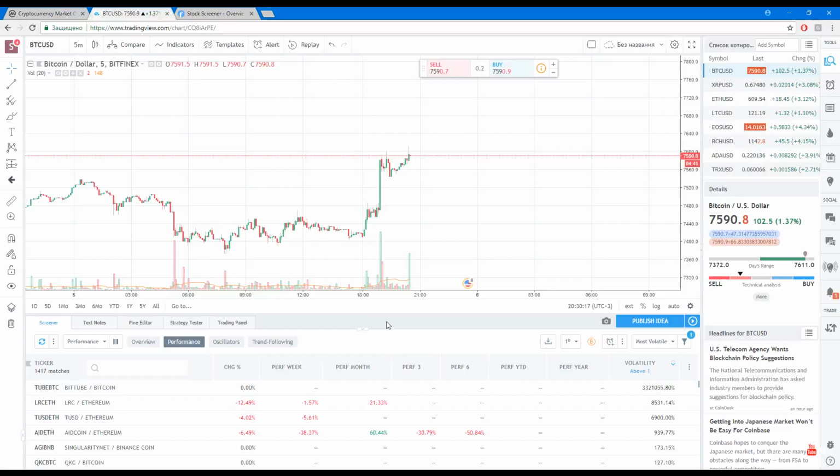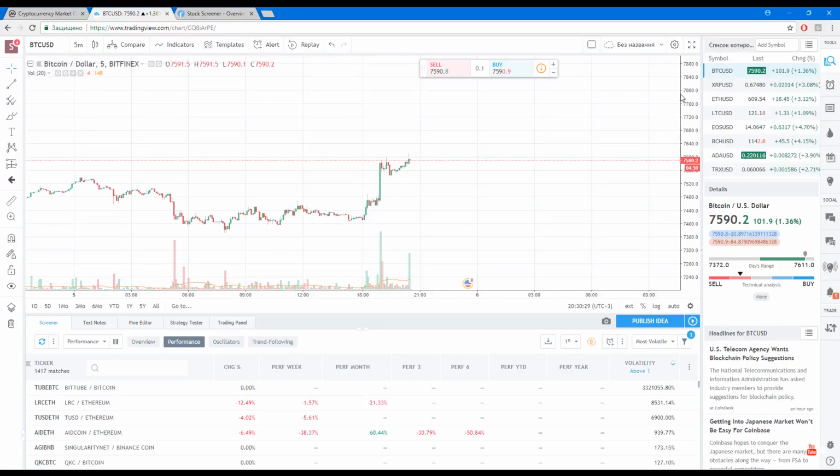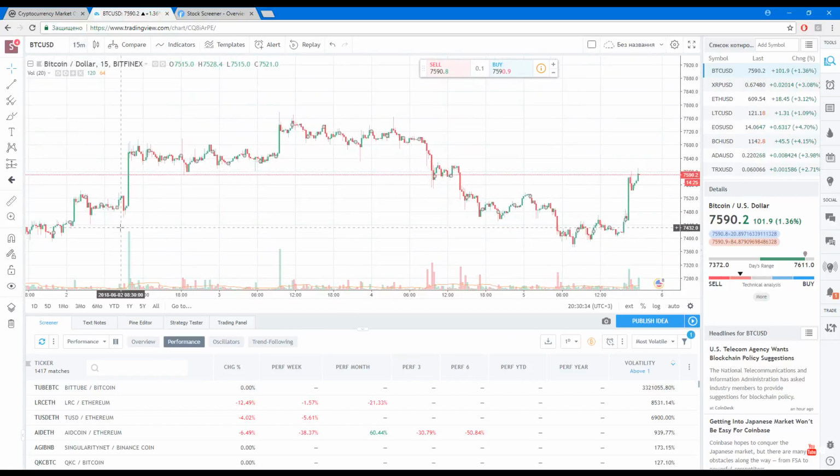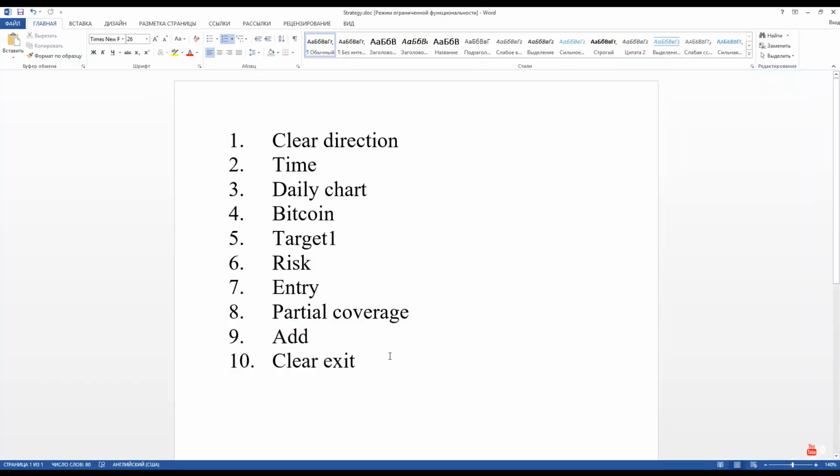in the last few hours, and you think maybe it's moved for a few hours, and we can see Bitcoin near 7,800 because yesterday, yes, we have some resistance in this area. So you think with this volume, it's a very nice opportunity to add to position. And of course, option 10 is clear exit.